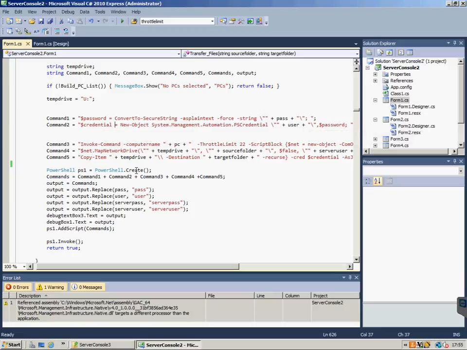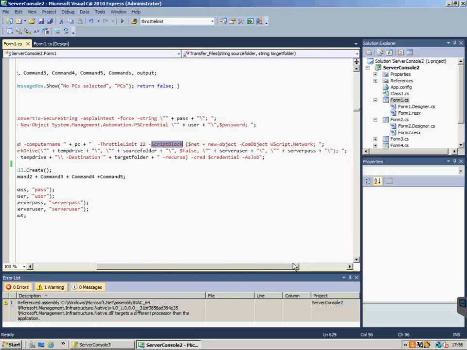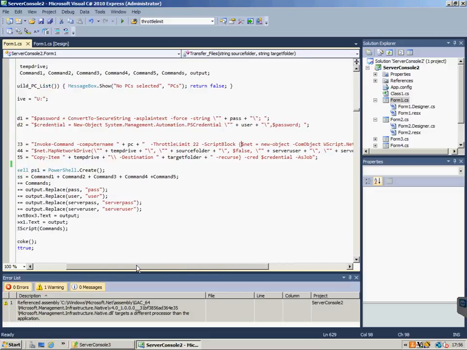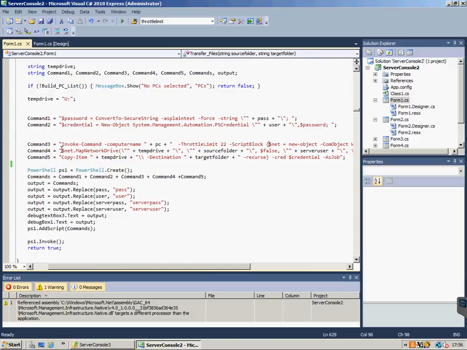Then command 3 is going to be another PowerShell commandlet using Invoke-Command, and it's going to be invoked on the computer name and our PC list. And then we're going to run a script block. Now a script block enables us to run a script, a series of scripts, remotely on another PC. And we're setting a new network object, and command 4 is going to be set to a PowerShell